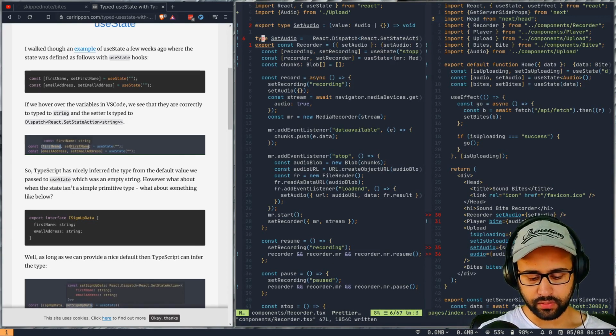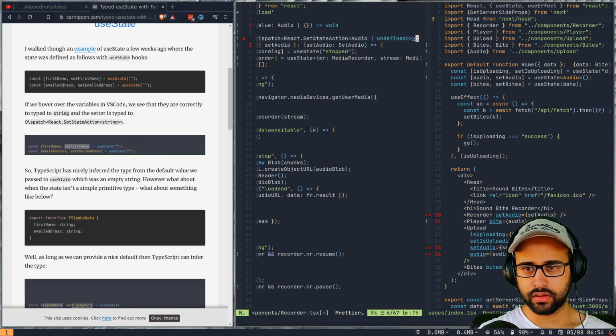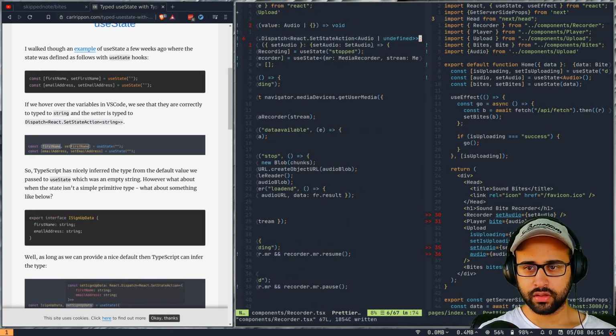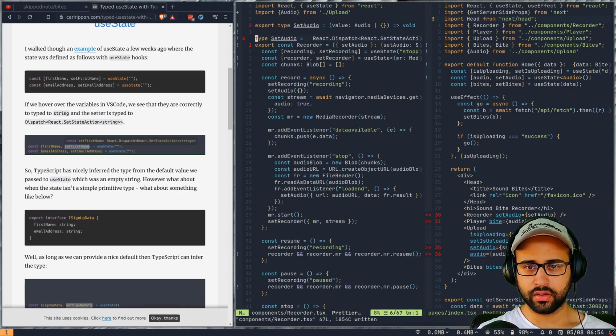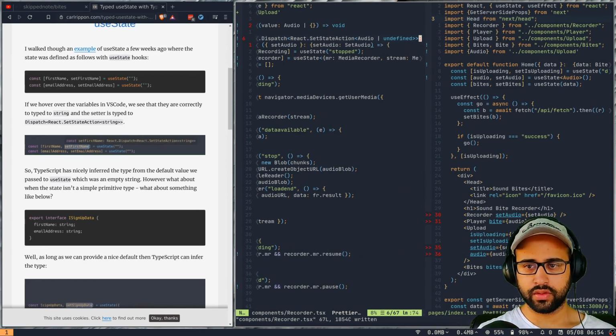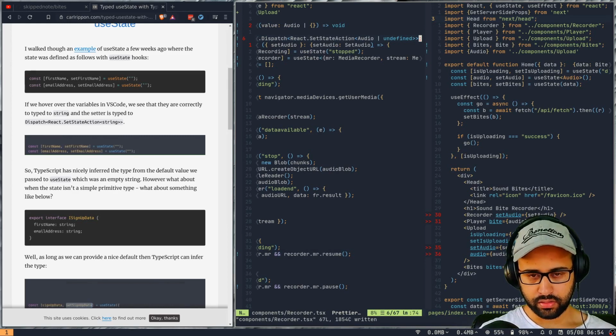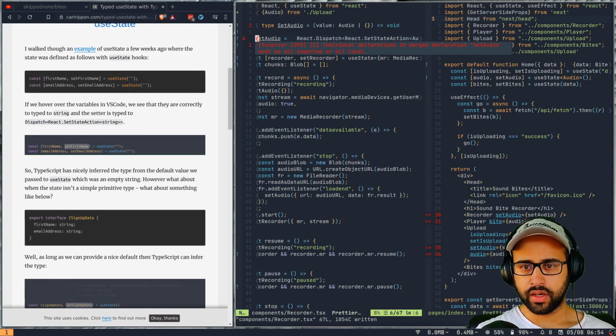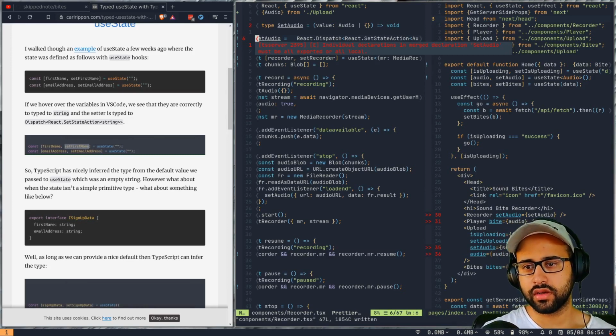Expression expected. So did we mess up something here? Did we add too many of these? So there obviously should be one, two. Two of these are fine. What is the issue now? Individual declaration is merged.